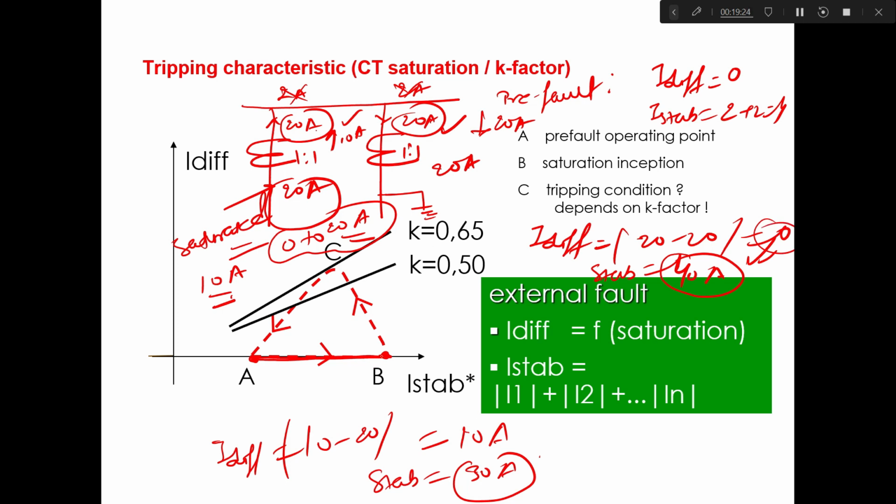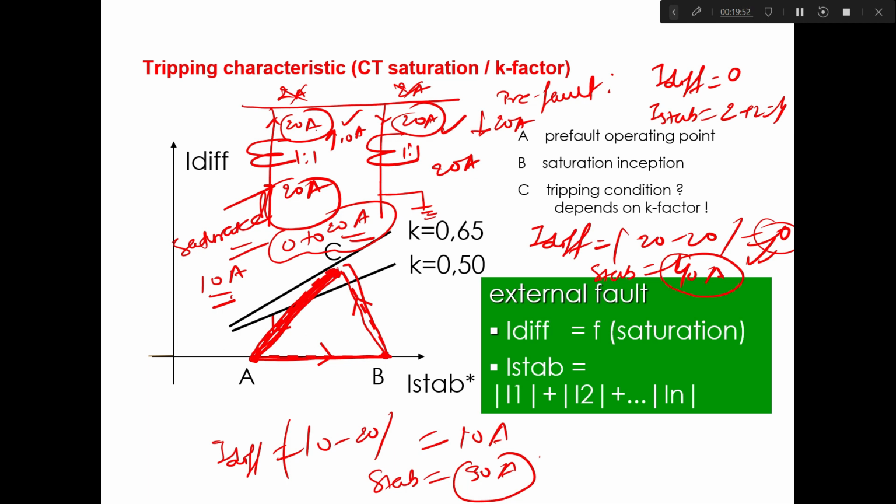So now you see the stabilization current is reducing and the differential current is increasing. Up to this point, at point C, when your CT is suddenly saturated, your differential current has increased and stabilization current is reduced. Now, if the protection function operates correctly, the fault is isolated. So again, normalization will be restored and the differential current will reduce. Stabilization current will be equal to the sum of the currents flowing through the feeders.